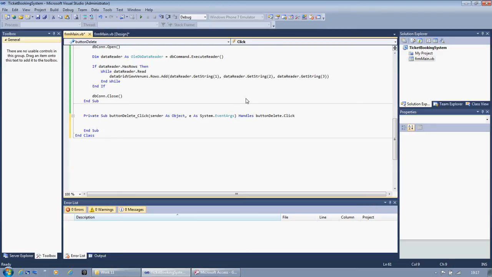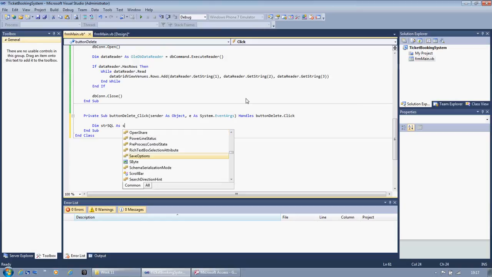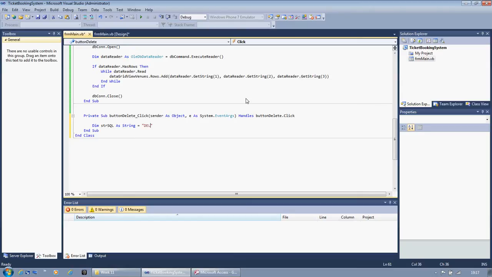So just like before, dim SQL as string, and then we assign that our SQL. So I'm going to say delete from artist where artist ID is equal to